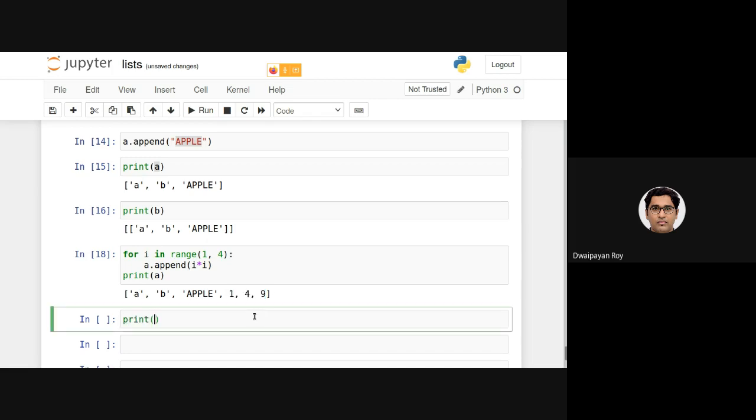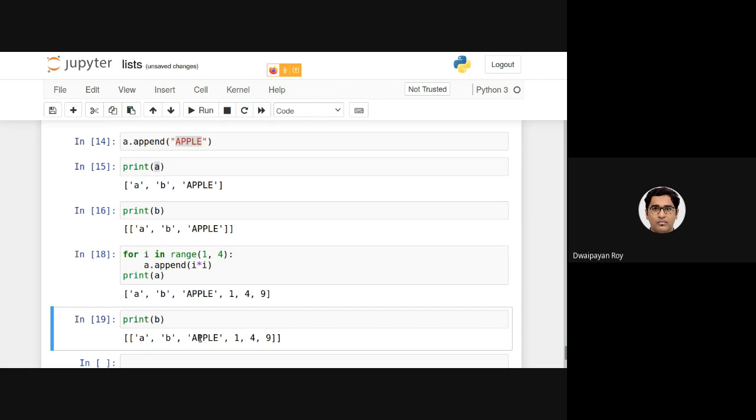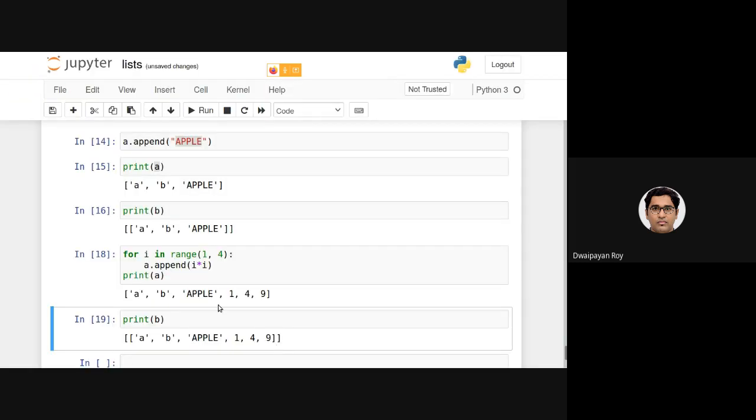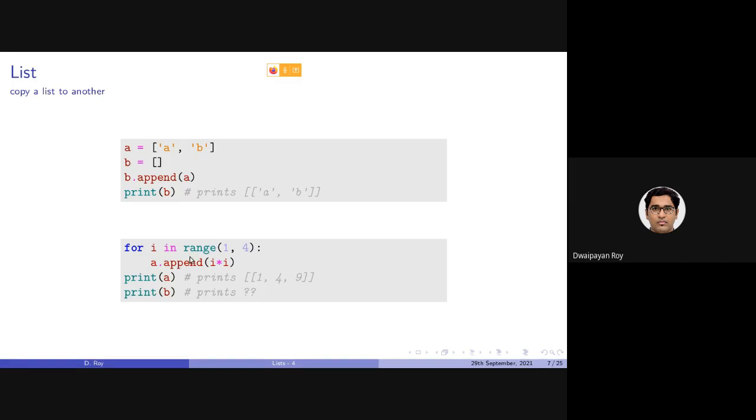Similarly, if I print B, as you can see, the corresponding change in list A has also been reflected in list B. Sometimes it is actually needed to keep this kind of a reference, but for some other cases, it's basically undesirable. So this is not the correct way of copying one list into another.